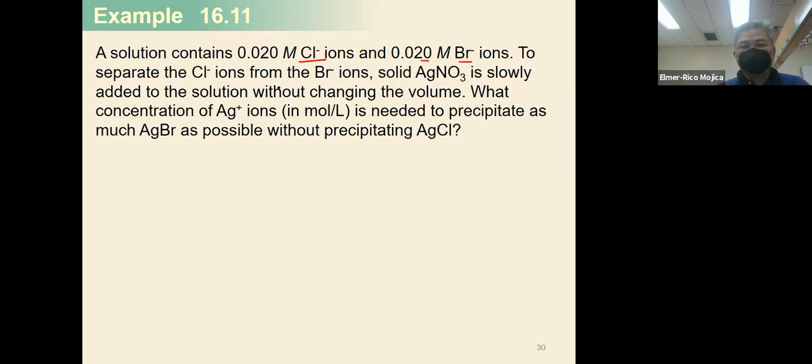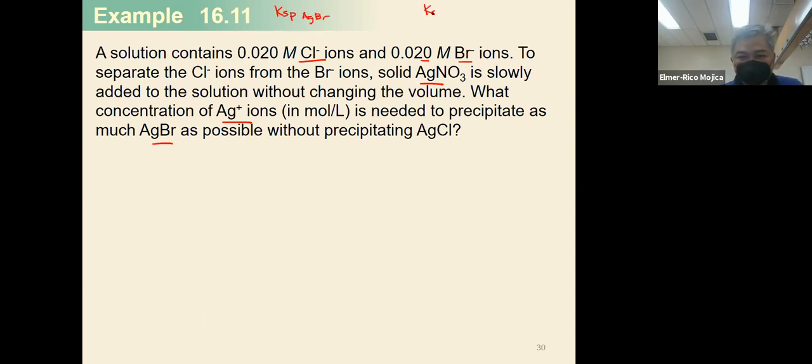To separate the chloride ions from the bromide ions, you add solid silver nitrate slowly to the solution without changing the volume. What's the concentration of silver ion needed to precipitate as much silver bromide as possible without precipitating silver chloride? If you look at the KSP of that,